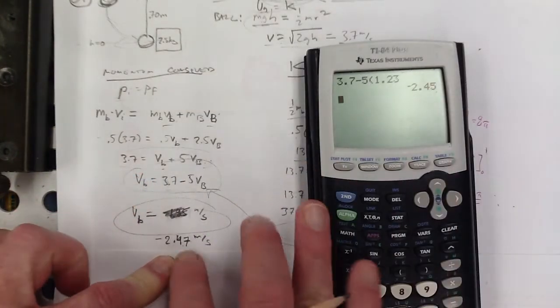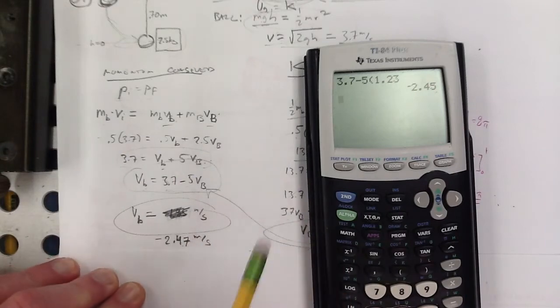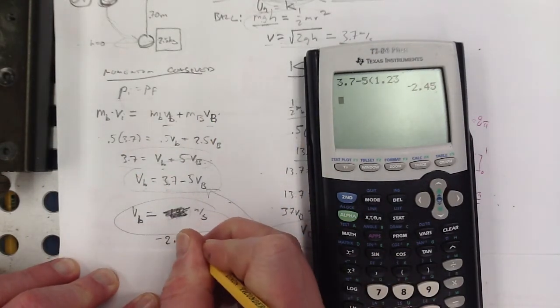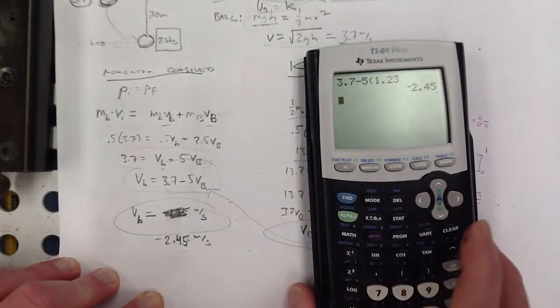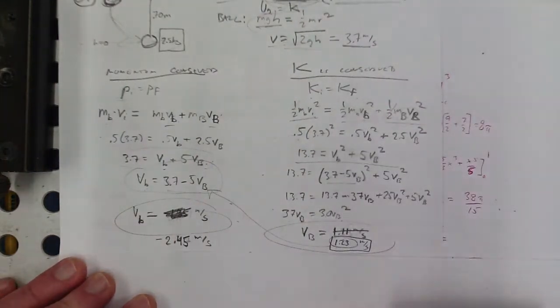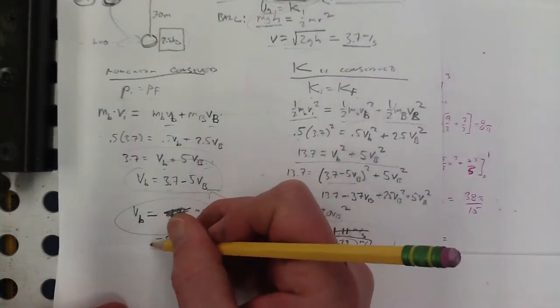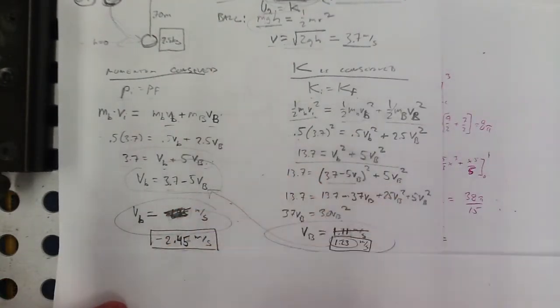And that's negative 2.45. I guess they had a little bit different rounding scheme going on. Okay, and then if we just wanted to double check, which probably we should here, or I should, because I've been messing up,